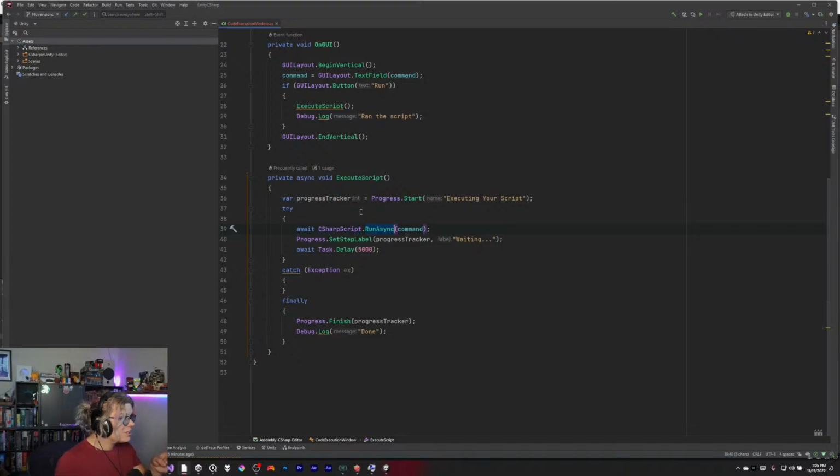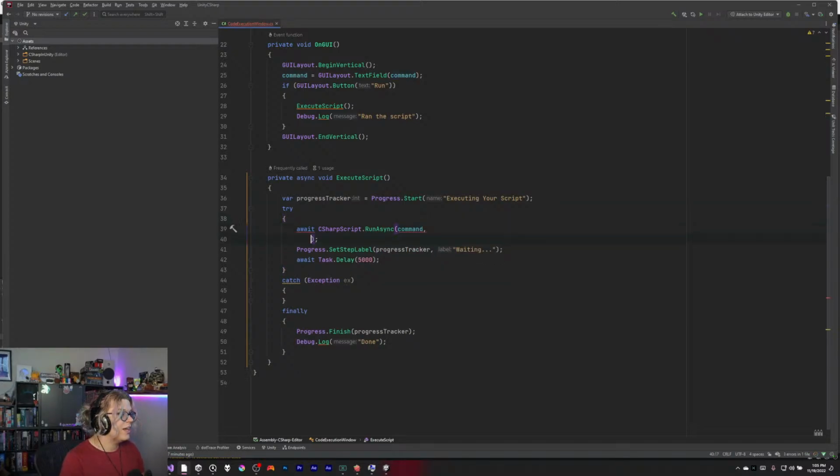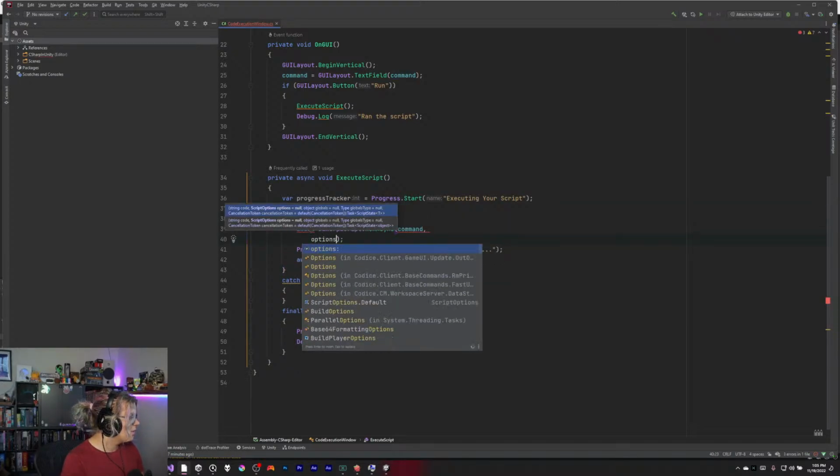If we have a little bit of extra time, what I would like to do is add a configuration library so you can actually change the libraries that can import it automatically for you. So you can import your own namespaces, etc. so that it's a little bit easier to use. I don't know the best way to do that though, so we might not get to that. But what we need to do is provide a script options because we don't have any of those. So we're just going to throw in